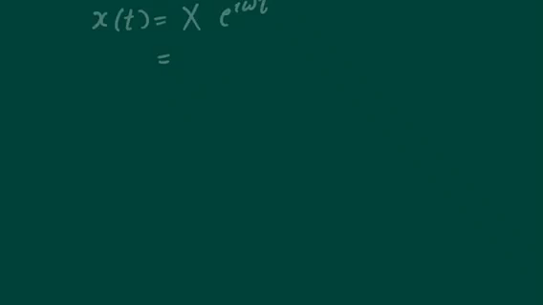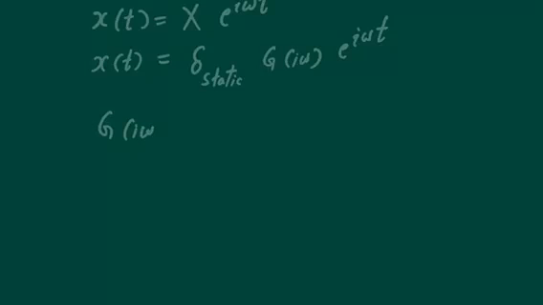Then after doing a lot of mathematical manipulations, we came here and we told it will be delta static times the G of i omega e raised i omega t. Make sense? So this is the response. This is the response we were looking for, where G of i omega was